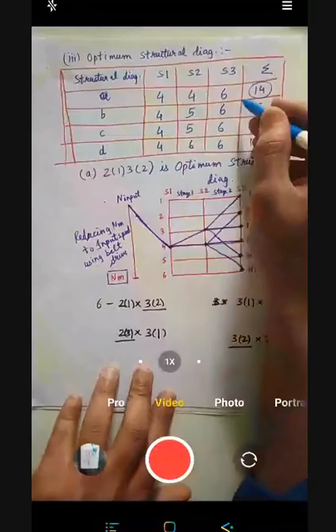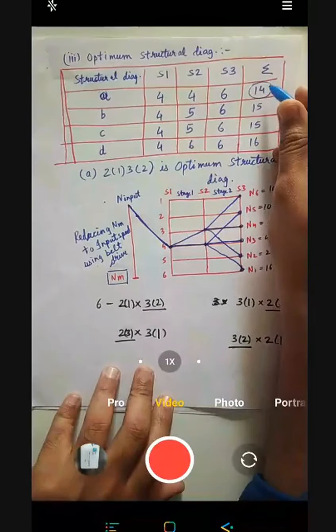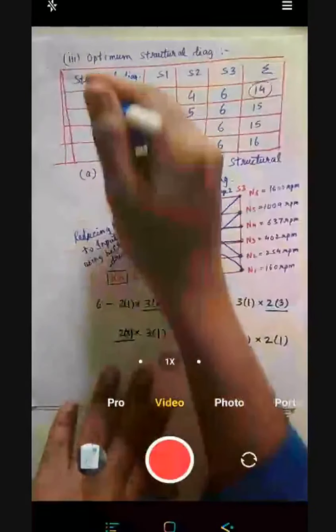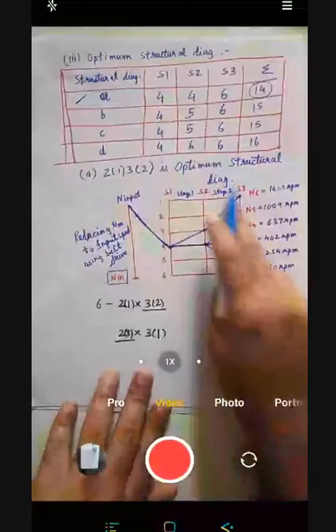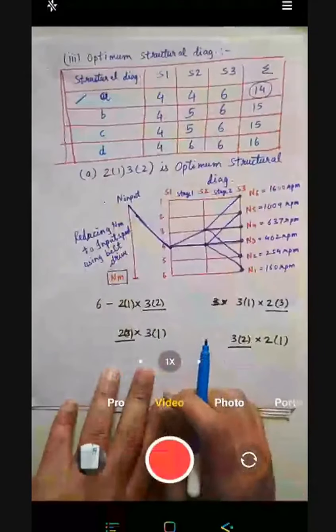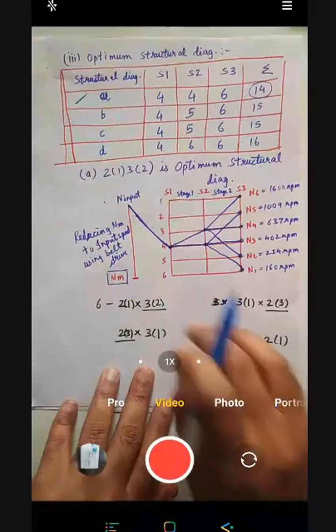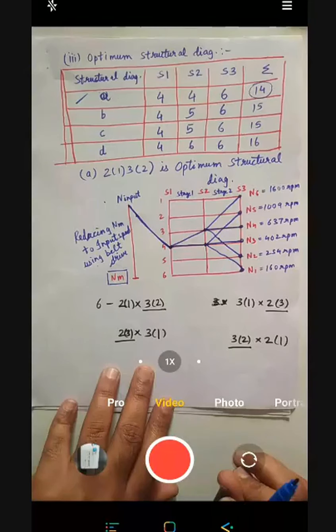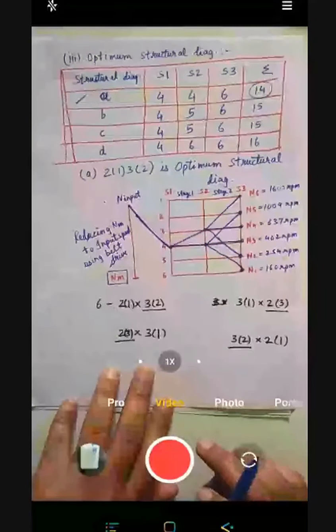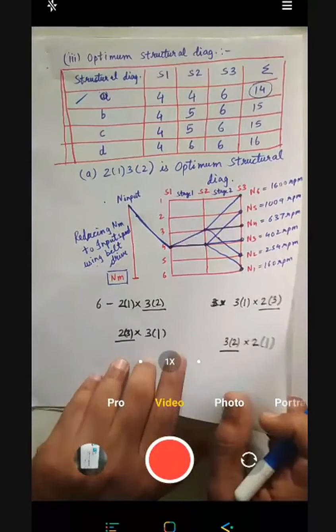And based on that, you add everything, and whichever addition has the minimum value, that will be your optimum diagram. So the first one comes out to be your optimum structural diagram. After this comes out as your structural diagram, you have to draw the optimum structural diagram so that we can proceed further with it and go for the next step, which we will do today. So this was all about what we did in the previous lecture.